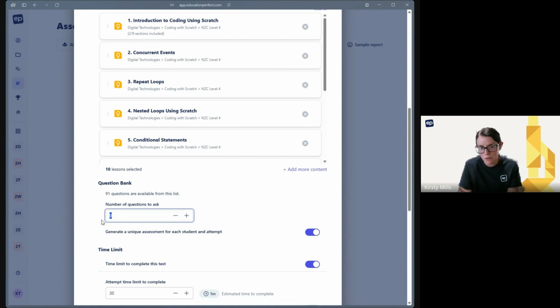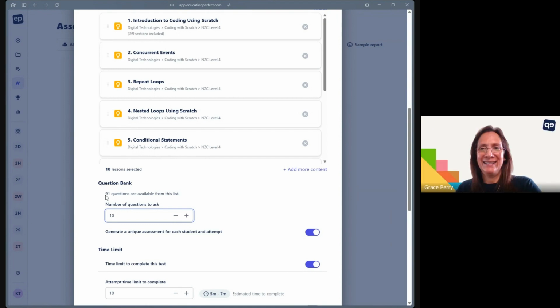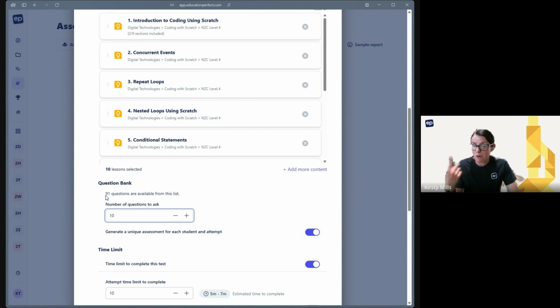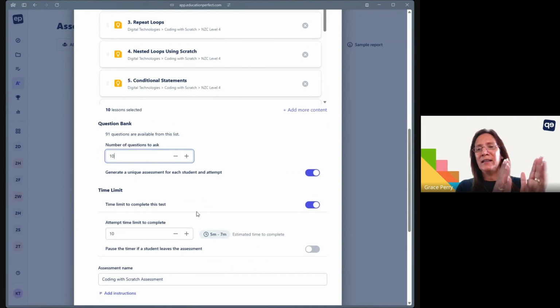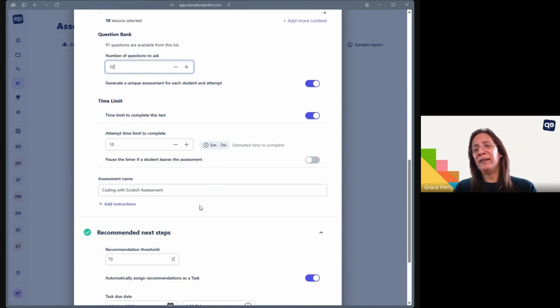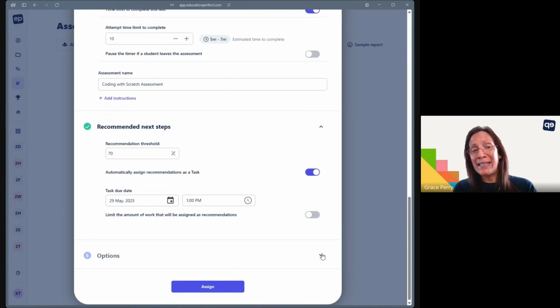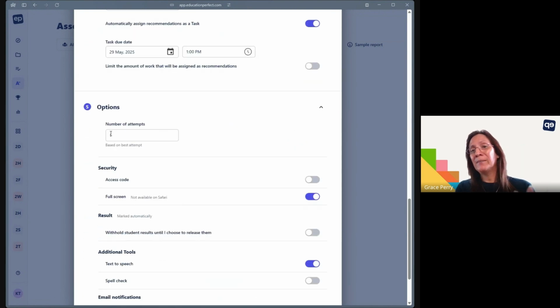If I want to do those quick entry or exit tickets and do a subset of like 10 questions, every student's going to get a different 10 out of 91. Absolutely. They're going to need to do it quite a few repeat times to see lots of questions, or even potentially see ones they've already done in the lesson and get that repeat exposure. So absolutely. That really gives you the ability to use it as a diagnostic at the start, a check-in in the middle, and as you see fit on the frequency,